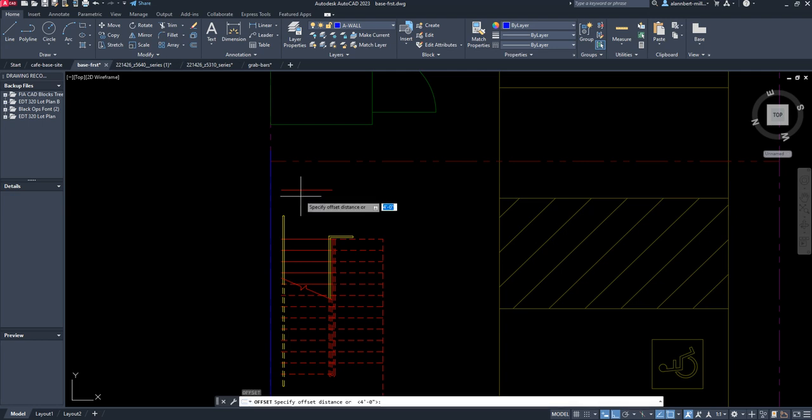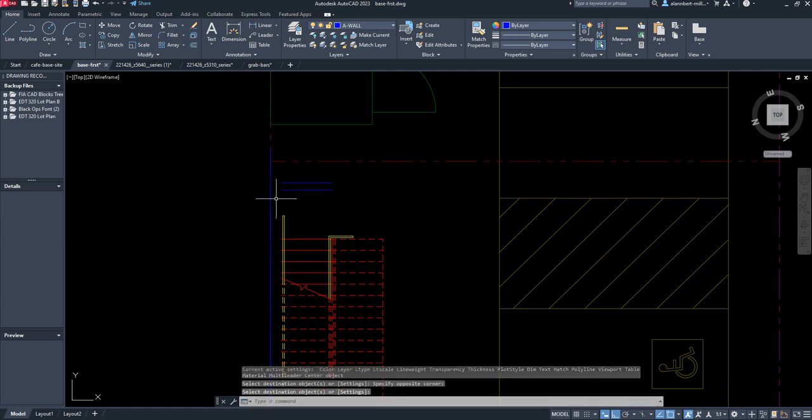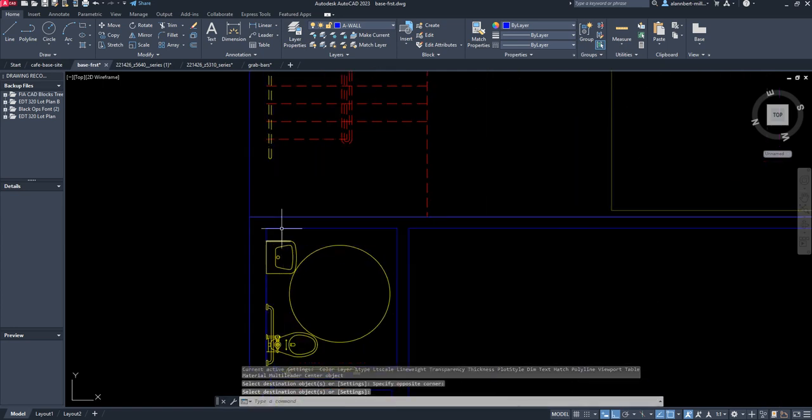So I'm just gonna do the minimum and relocate the clearance here. So I'm gonna do an offset of 7 inches, and that's gonna be my rear wall. So I'm gonna do a match property, select this, and select both of these. Press enter,